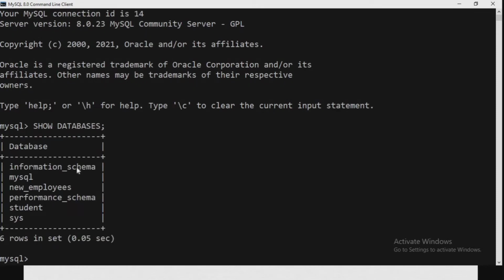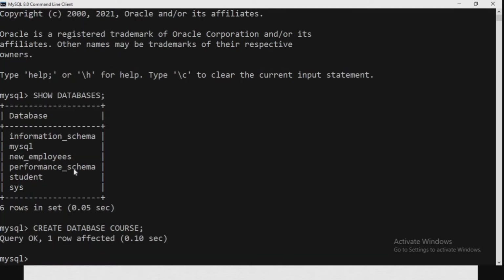We can create a database course by writing create database course. Now the database is created. We can use course to create tables inside it. Use database name is used to open a database.